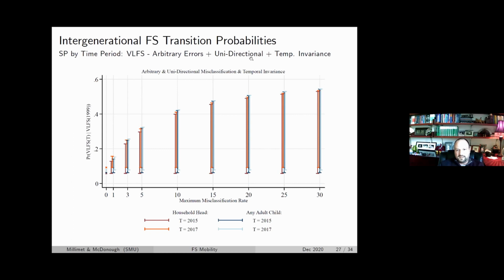This is the same thing, but now we add the temporal independence and the invariance assumptions on top of it. If you pay attention to the scale here, it doesn't go from 0 to 1. For very low food secure, even if 30% of the sample misreport, we could still say something. The bounds are still pretty wide, but they go from 10%, let's say, to 50% or something like that. So those assumptions do add a lot of identifying power.